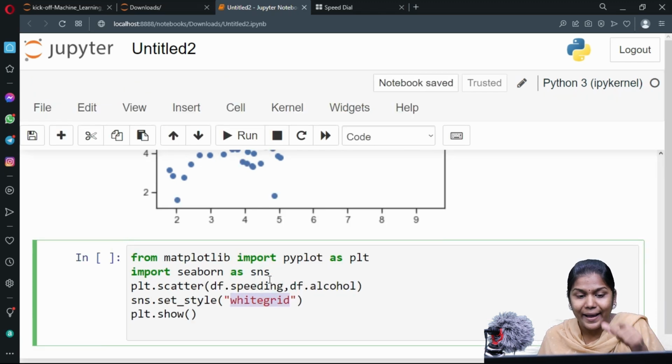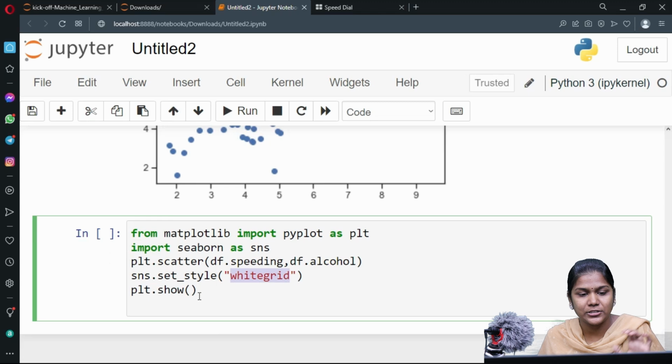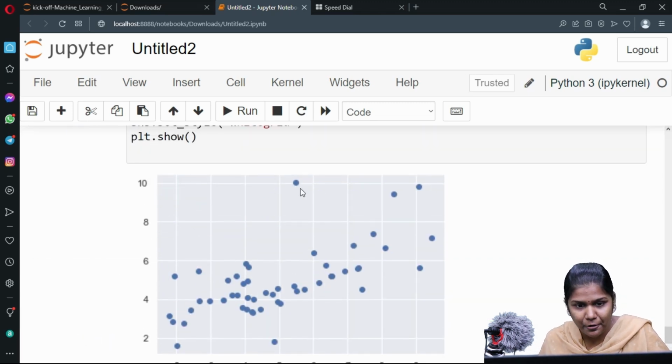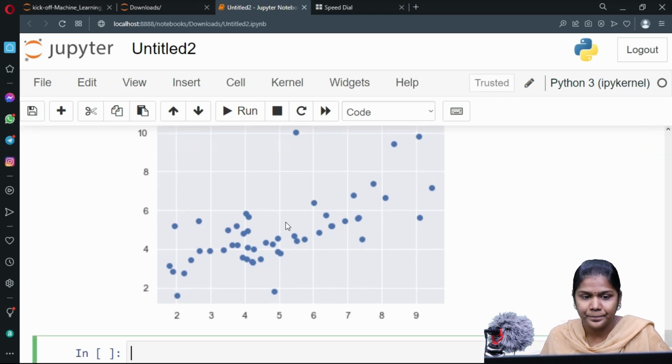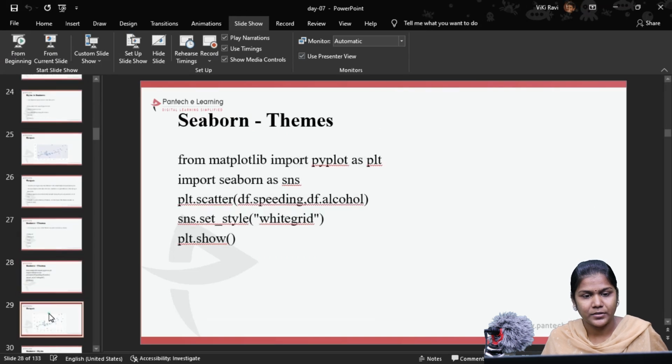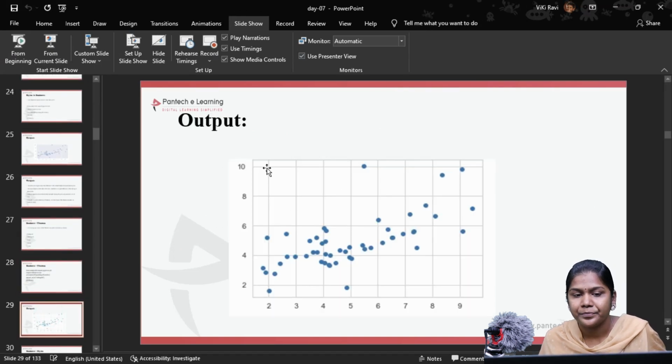Now the background should be a white grid. Next, when I plot the data, you can see white grids have been formed at the back end, right? Fine. Let us go back to the presentation. This is what our output looks like, right? Next,